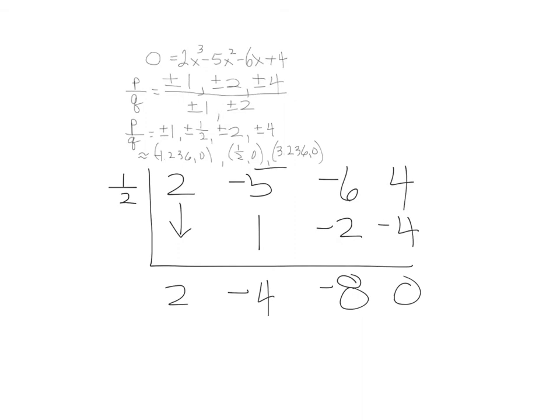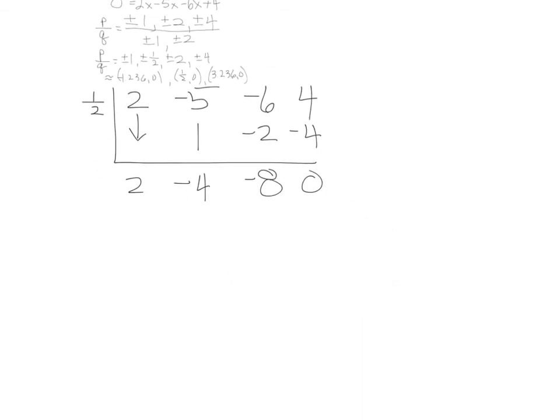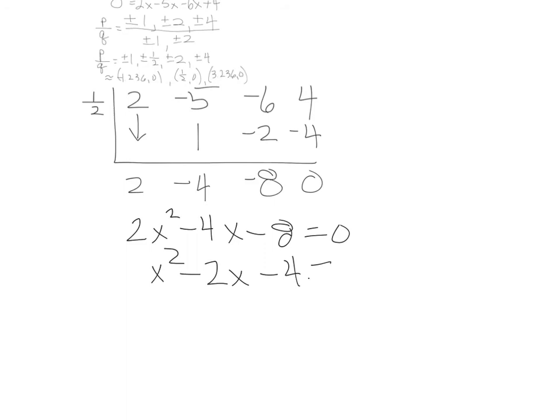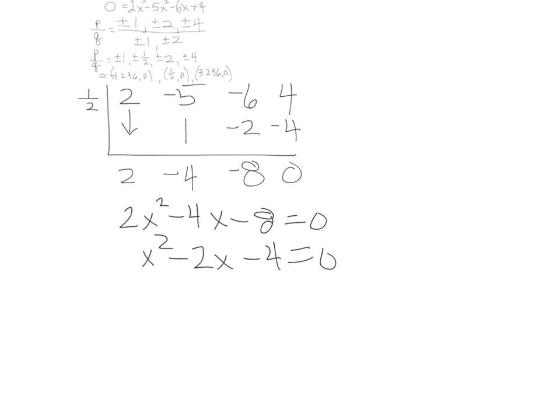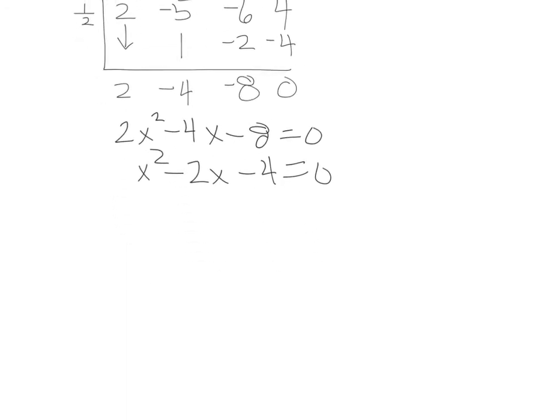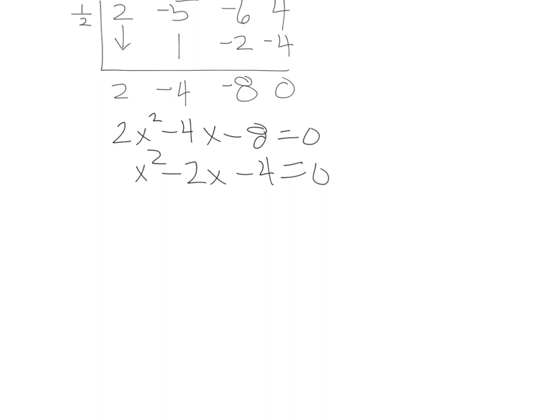Yay! So now we have our polynomial left over here, which is 2x squared minus 4x minus 8 equals 0. And we can divide by 2 there, so that would give us that. And note that is not factorable. Even if we didn't divide by 2, it'd still not be factorable, and we'd have to use the quadratic formula. So let's go ahead and do that. x equals